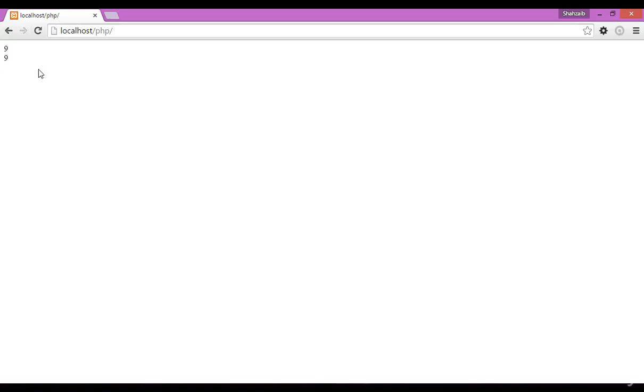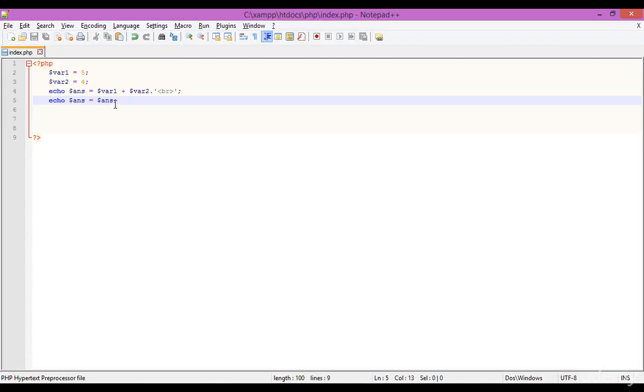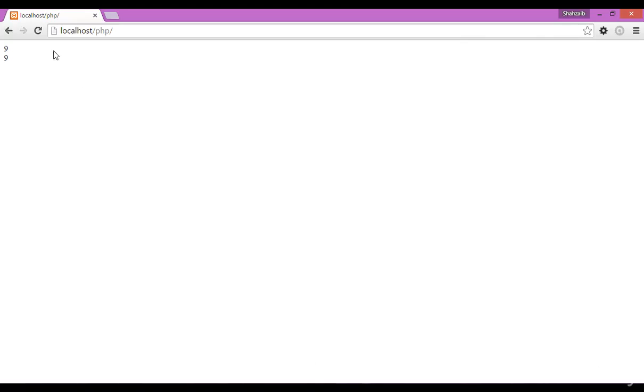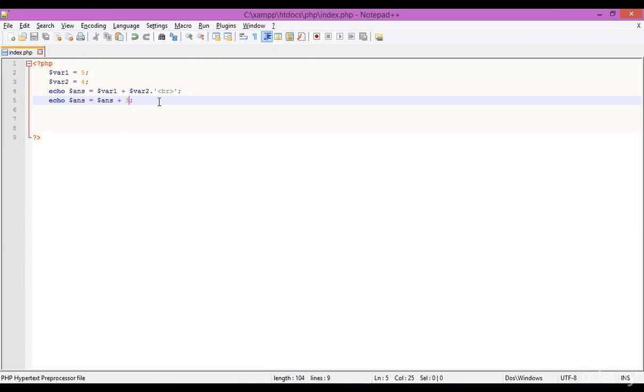Now this is 9 and this is 9 as well. So now instead of simply assigning the same value to the variable, I'm just typing plus and then 3 or any other value which you want. Just go to the browser again and refresh this. This is 12. This is a simple method to assign any value, but we're not using the specific assigning operators